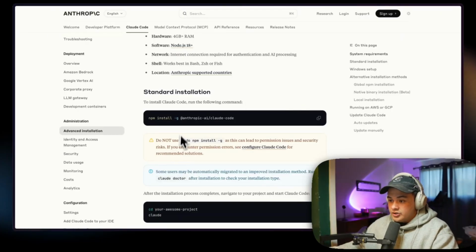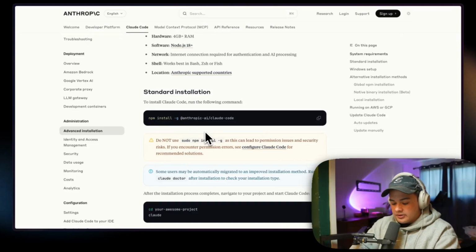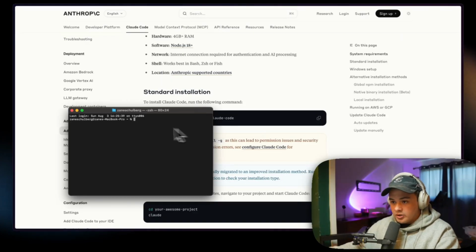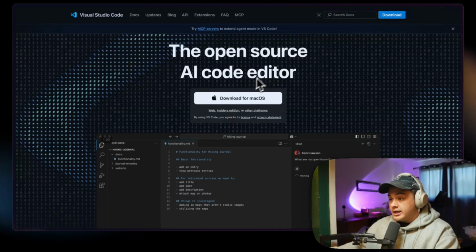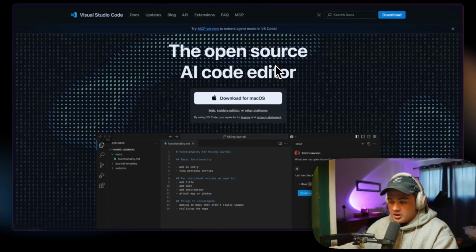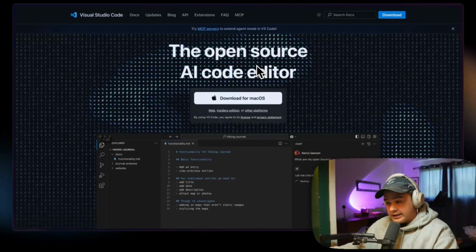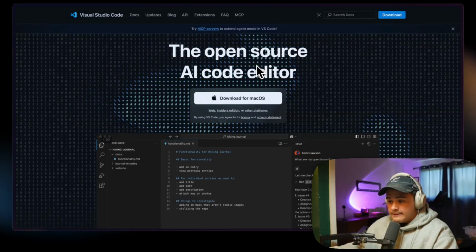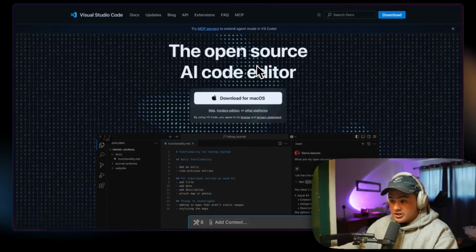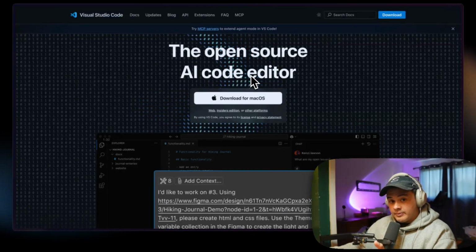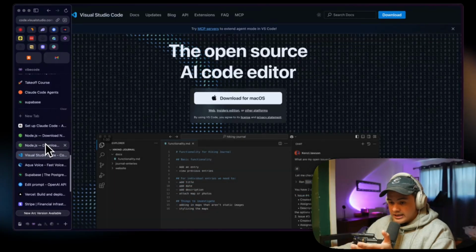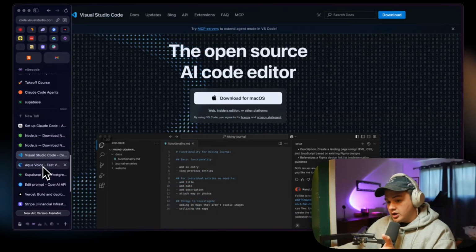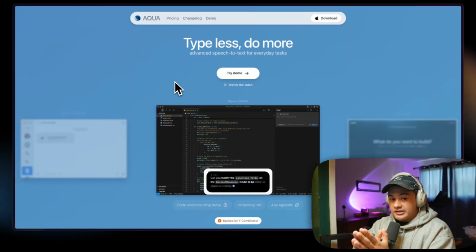I'm on a MacBook, so you can basically use just a stock terminal, but I prefer to use an application called Visual Studio Code. It's just a little bit easier and better organized for me, and you have a lot more features, functions, and tools. So I prefer this application, and this is free to download as well. So we're going to be downloading Node.js, Visual Studio Code, and then there's one more thing that is not a